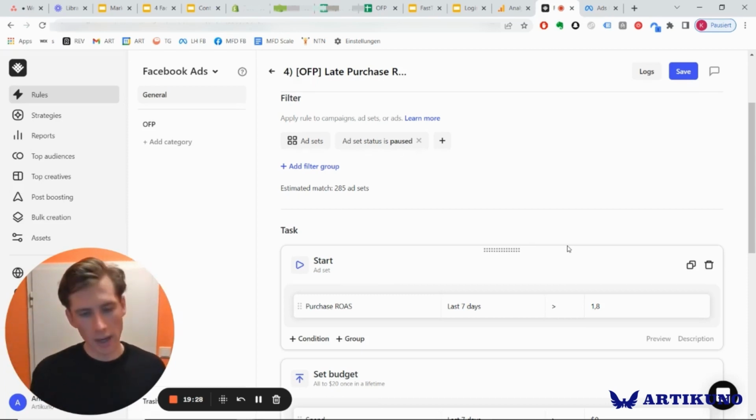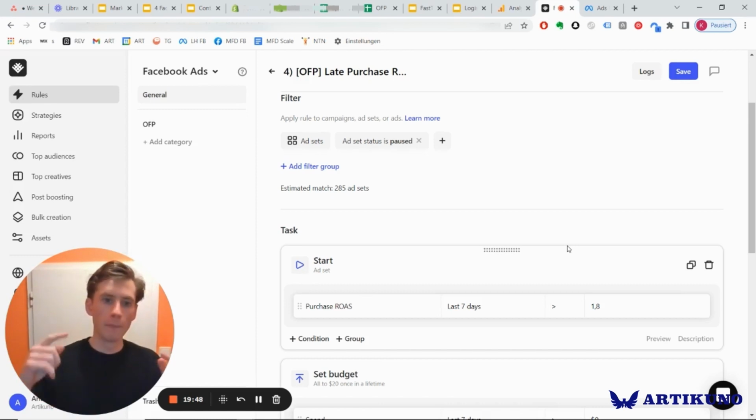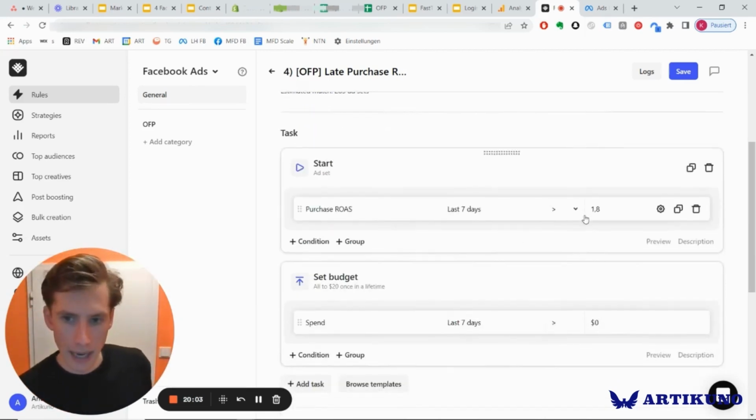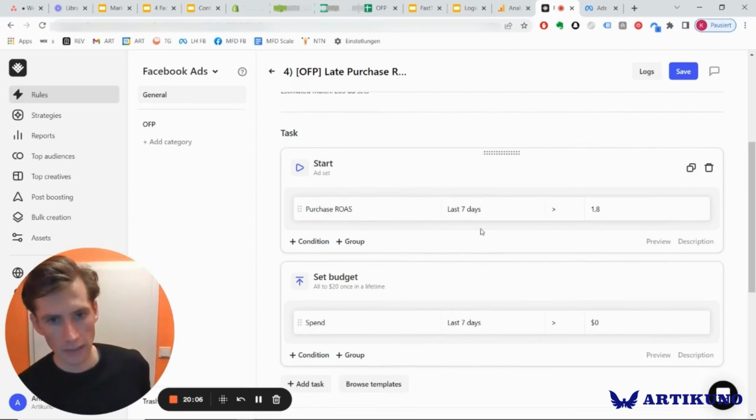So imagine you're running a campaign, it dips below your break-even ROAS today. The rule, 3 hours later or immediately, depending on how you set the settings, shuts off the campaign or the ad set. But then 3 days later, there's actually a conversion which happens from this campaign, but it only gets attributed to the campaign 3, 4, 5 days later, whatever. Making the campaign actually profitable because it's now above break-even ROAS, including the conversions that happened after it was paused. And what this rule does is that it says, well, if the ROAS is actually above a 1.8 after all on the last 7 days, then restart the ad set and set the budget